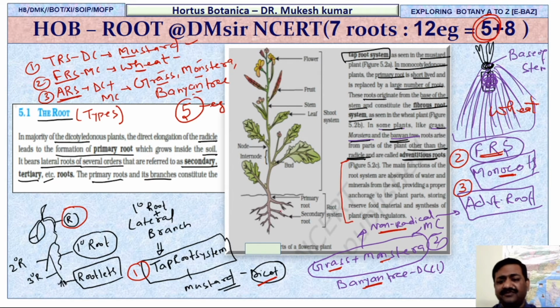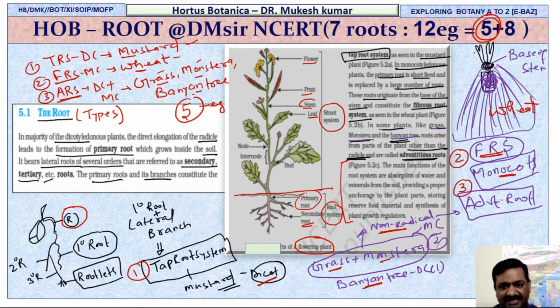You see the beautiful diagram we studied, how this is the flowering plants, and a flowering plant is characterized by the underground part, that is the root system. This is the primary root, their branches will be there, secondary, tertiary root, they will form their lateral branches. And above the ground we have the shoot system, it will be a stem, on the stem there will be leaf, and further flowers and fruits will be there.